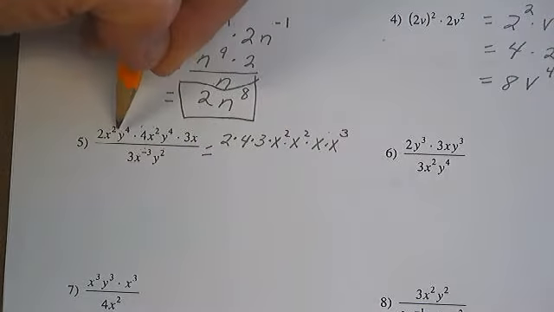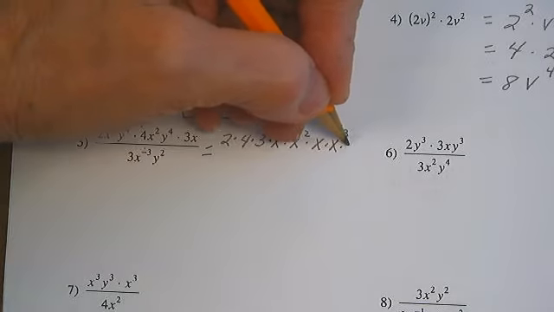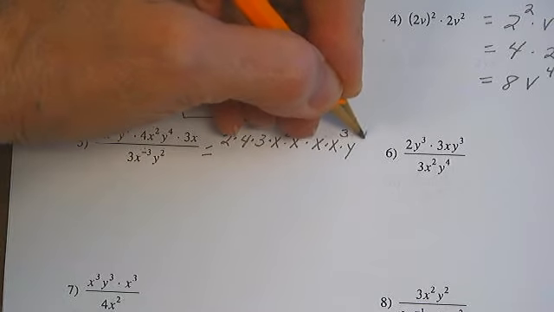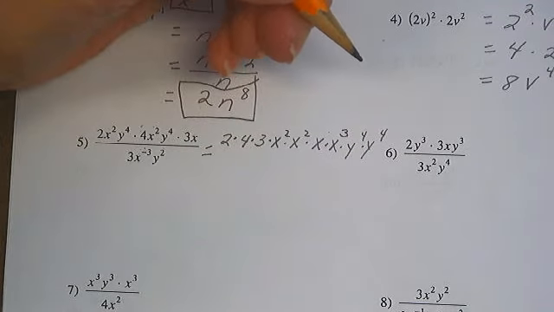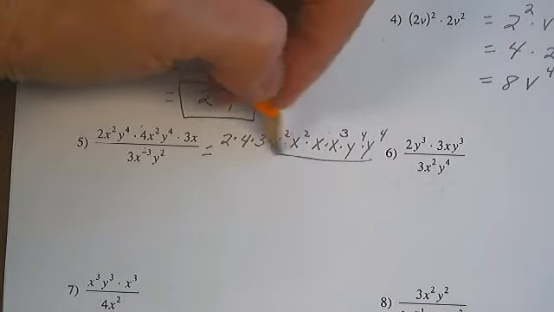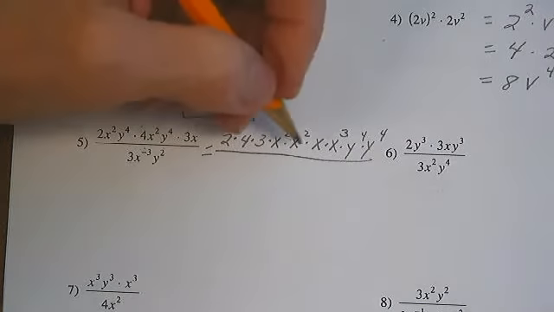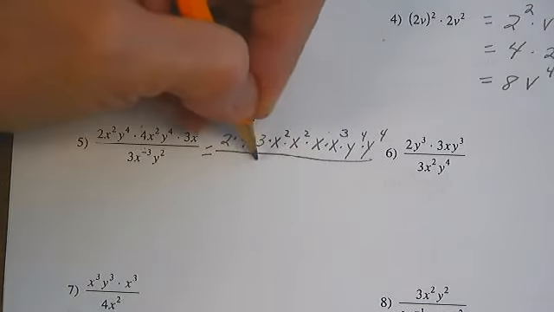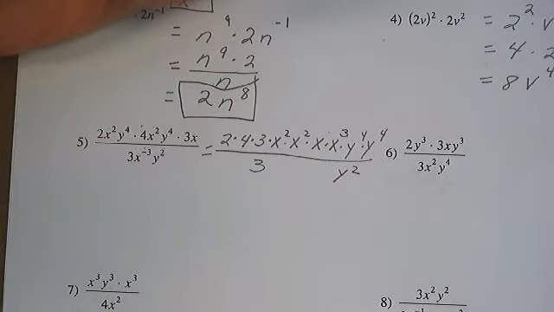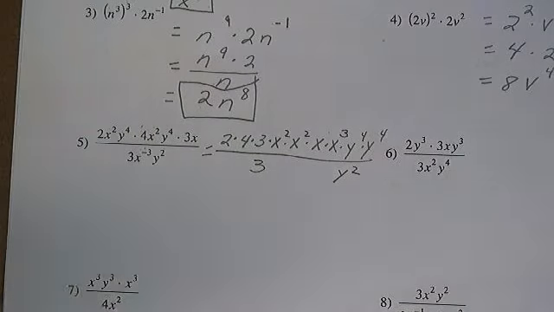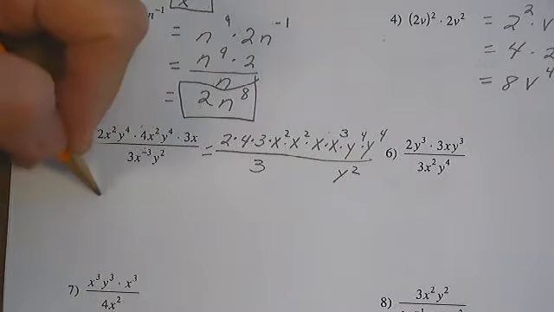Then we have y to the 4th times y to the 4th. All of that over 3y squared. So all I have done so far is rewrite this expression. That gives me